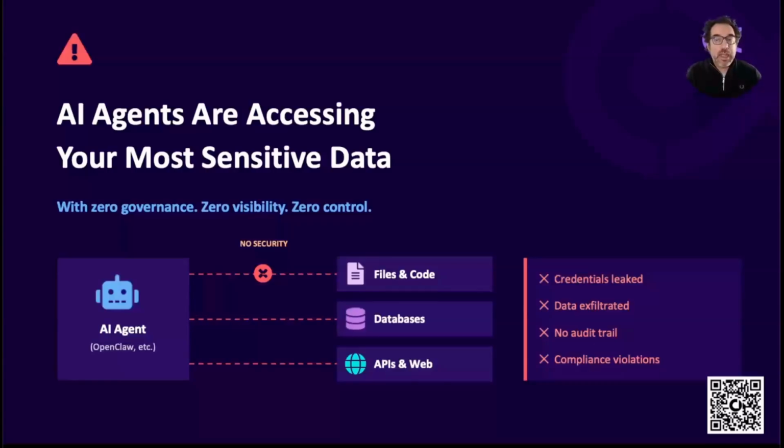We all know that agents need visibility to real data to be useful. But look at the reality we have today. Zero governance, zero visibility. We're handing over the keys to the kingdom: database credentials, data, files on disk, just to get an agent to work. But you see those warnings on the right? Things being leaked and audit trails. This isn't just a risk compliance-wise. This is a security and operational nightmare. You don't know what's going on.